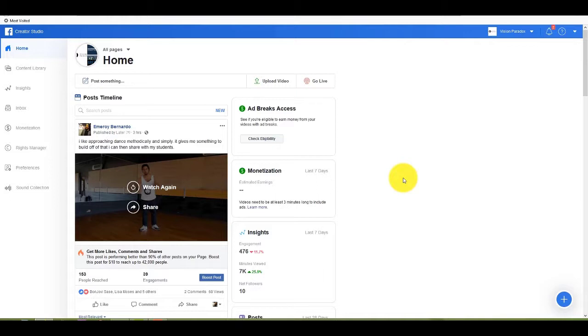Also, considering that this is pretty much a land grab right now, and how big Facebook's platform is worldwide, there's over 2 billion users. It might not be as popular as some people think where you are in the States, but it's still very, very popular everywhere else. And with them trying to push video, it just makes sense to promote your content here as well. So what I'm generally doing is taking my YouTube content and sharing it here.